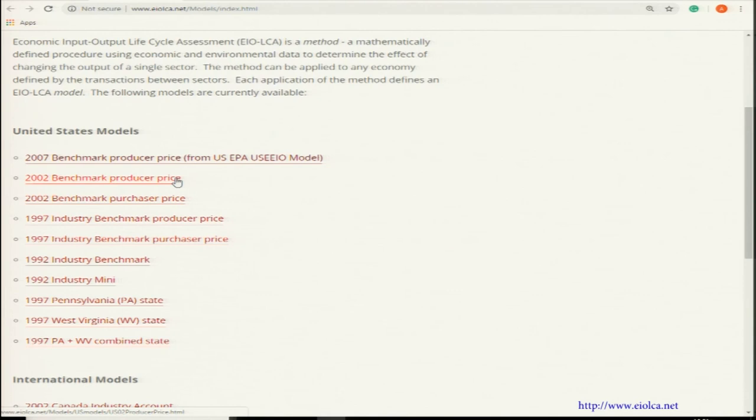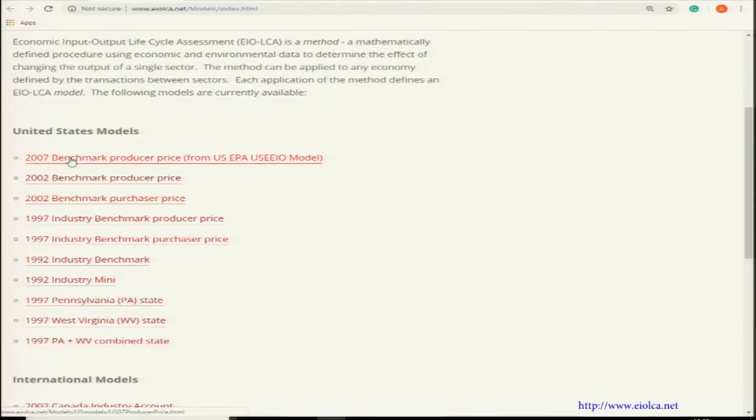As I told you, in the producer price model, only up till the manufacturing point is considered, that is, the producer produced a good, and what is the price that the producer has to pay. So the distribution or the transportation is not taken into consideration, but the customer has to pay the price when distribution is also taken into account. So that is the purchaser price model. So the producer price and purchaser price models are there.